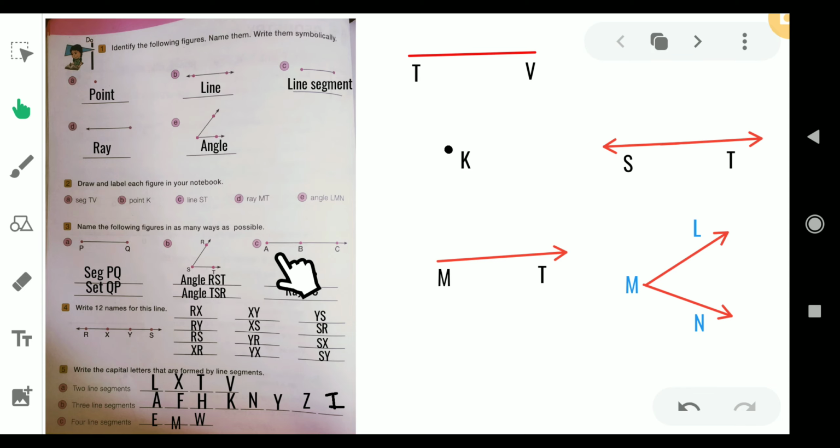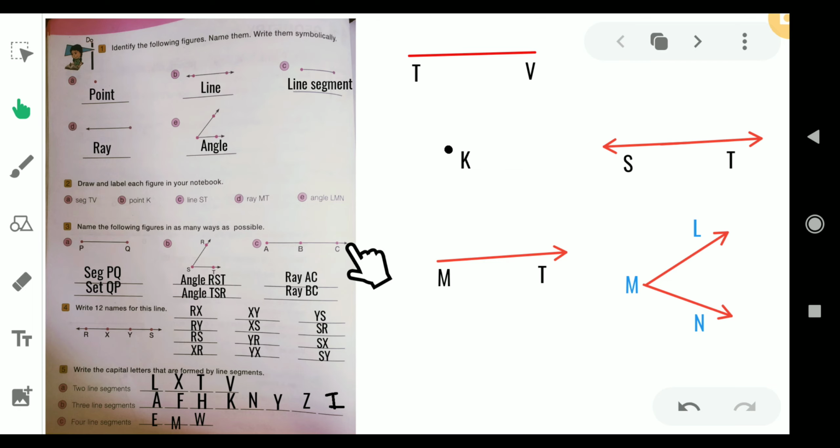Next thing, first of all, just look at this and see which kind of figure it is. It is a ray, right? So to read a ray we need at least two letters, but we got three letters here. Let's see how we are going to read it. We take this point as one end point and the other is this. So we read it as AC is one ray, and if you consider this as the end point and the other as the non-ending point, then we can read it as BC, which is another ray.